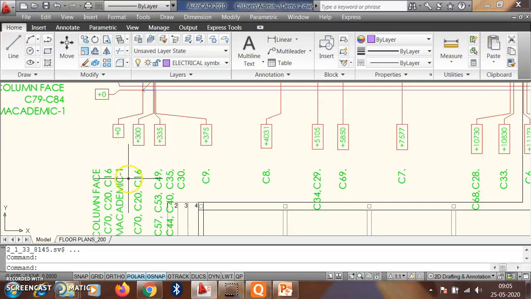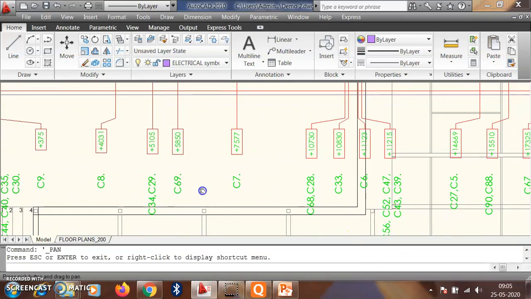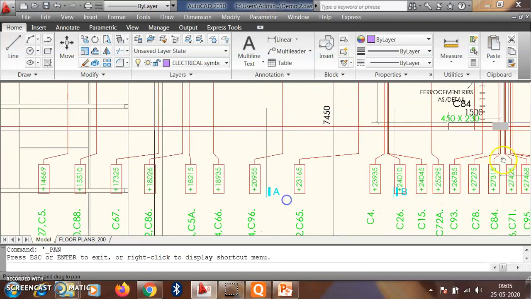Accordingly, at the center line 0, these are the column numbers C70, C20, C16, then at 300 again a column number, and again other columns. Okay, so this is all about the center line plan, we know that one. Accordingly, the center lines are located here.